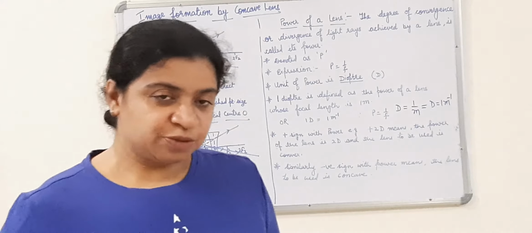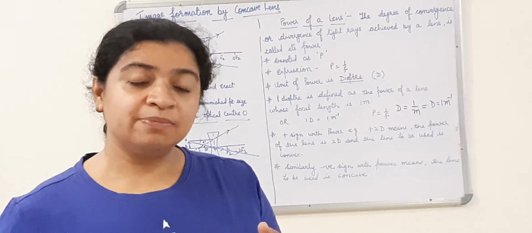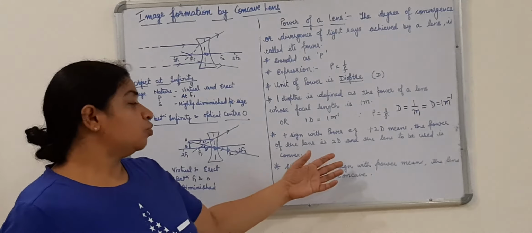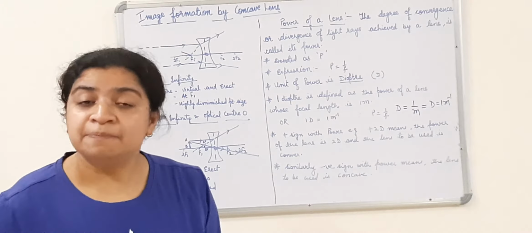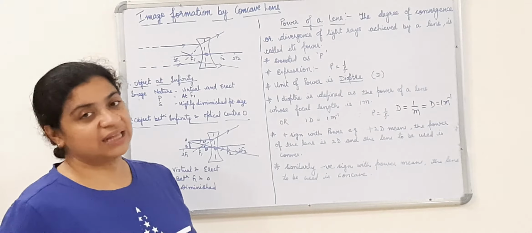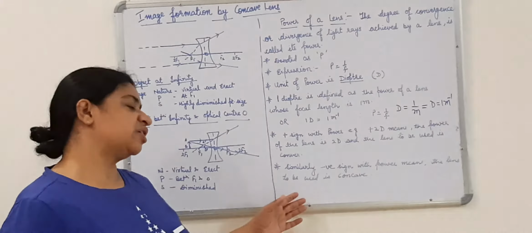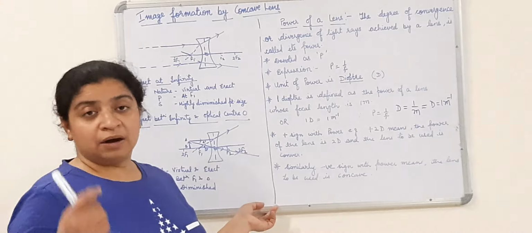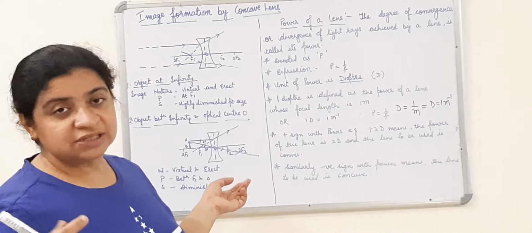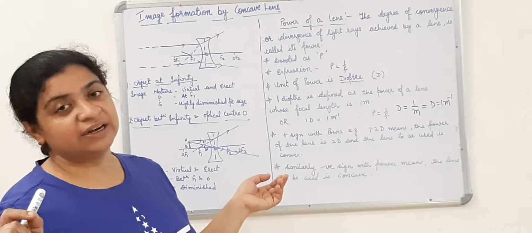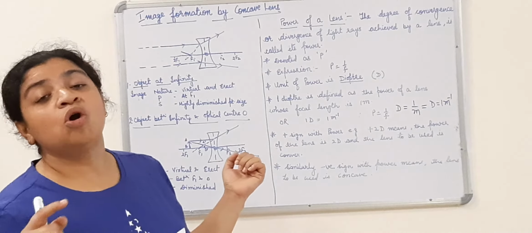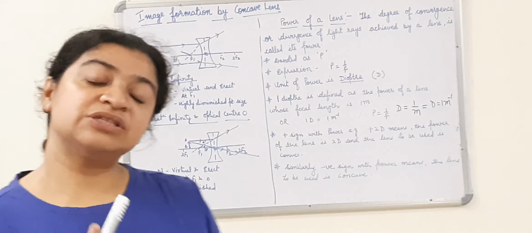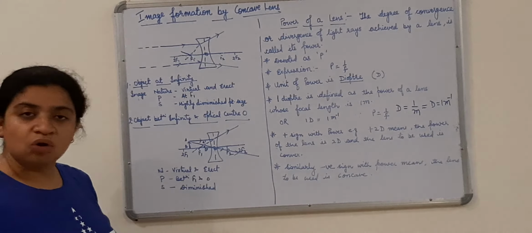Old age people generally have weak eyesight because of the weakening of the ciliary muscles, or there are other reasons also. Those persons will have power in plus, and the lens used in that case will be convex. Younger people or children will have a minus sign, and that minus sign indicates the lens used should be a concave lens. So this is how the plus and minus sign helps you know whether the lens used is concave or convex.